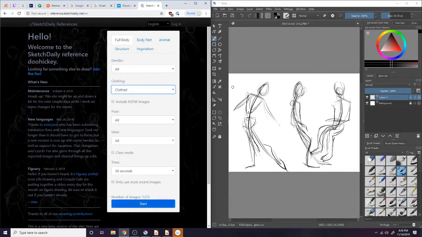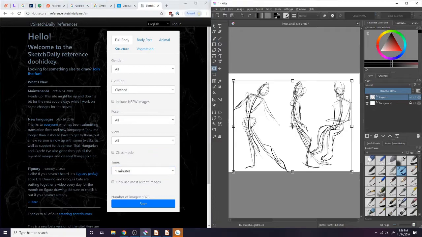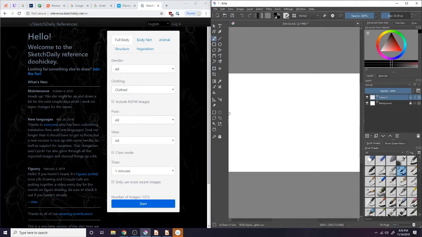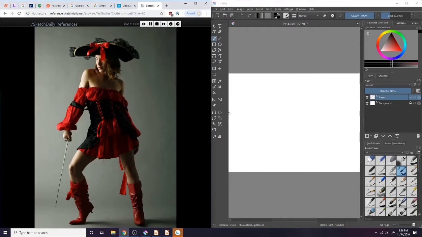All right, let's do one at 1 minute so that we can try to get a little more accomplished. Here's our one at 1 minute. Is it decent? It's all right. Find the action line. Head. Oh, look at those shoulders. They're at a very strong angle.